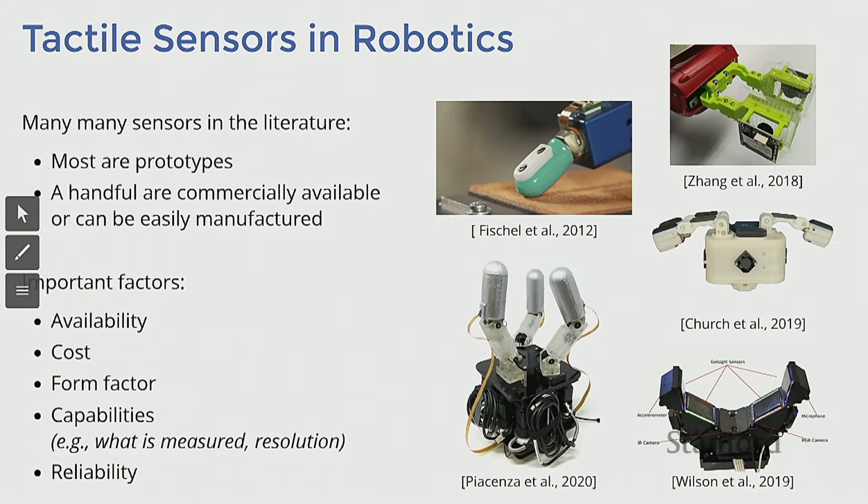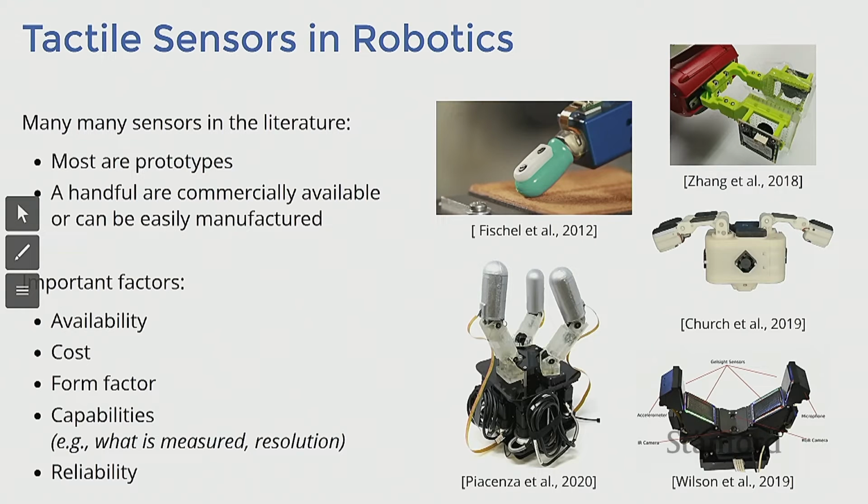And this leads to the fact that from a commercial point of view, if you want to buy tactile sensors nowadays, there is an extremely limited choice. There are probably 3 or 4 sensors that you would seriously consider, and most of them are probably more expensive than you can afford anyway. So this is a big problem from a hardware perspective, and this hampered the whole vertical stack, because without reliable hardware, it's very hard to do anything else.